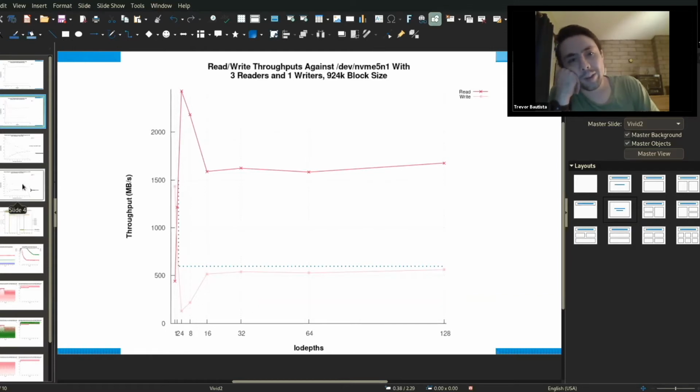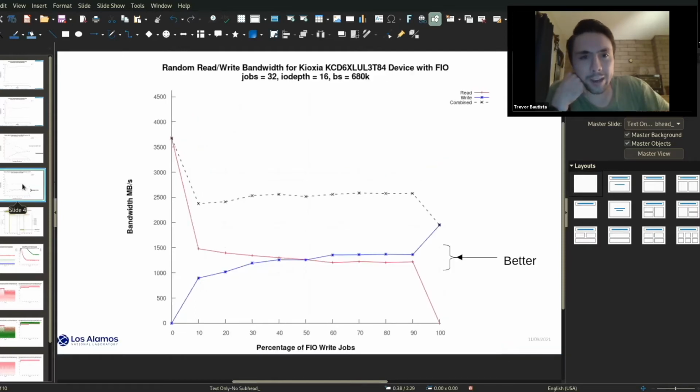But with a different NVMe drive, certain Kioxia drives, the read and write bandwidths are pretty close to each other as we vary the percentage of jobs that are writing versus reading. With ZFS, we'd probably be around the 10 to 20% of writing jobs here, but even then, the read and write bandwidths are pretty close to each other. And so we decided to try a regular ZFS rebuild